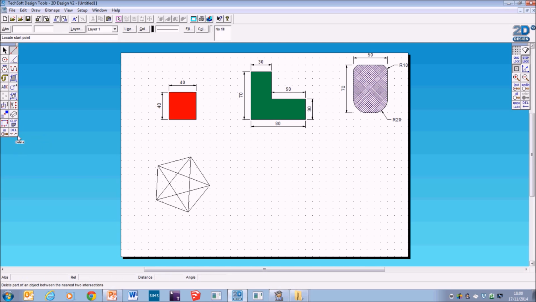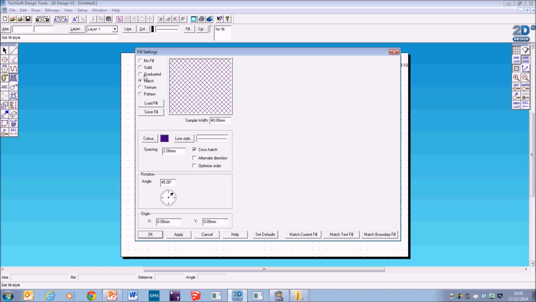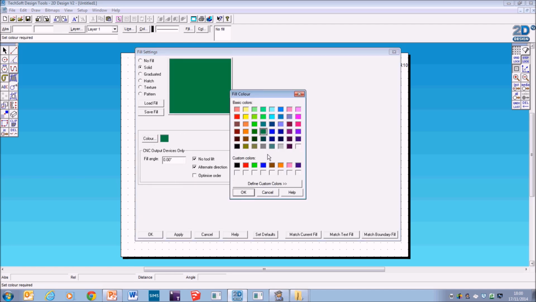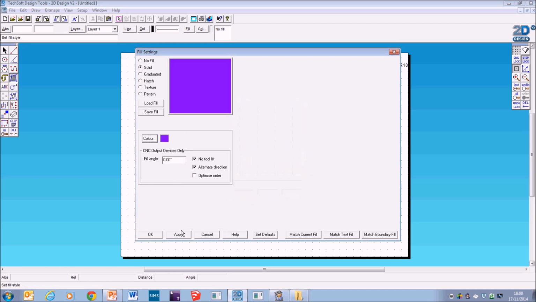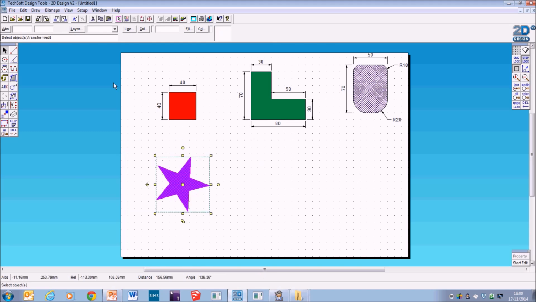And the final thing that we need to do now is to use the delete part tool again, and we're going to trim those lines away that we don't need. And now we've got a star. All we need to do now is to fill it in. This one I'm going to fill in with solid purple. OK, and then no islands again, and that's ready to copy